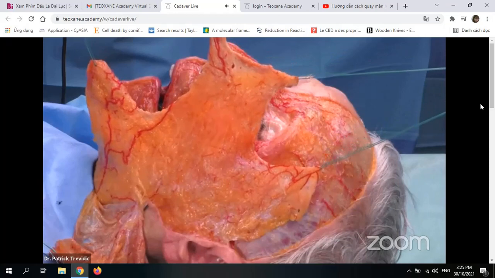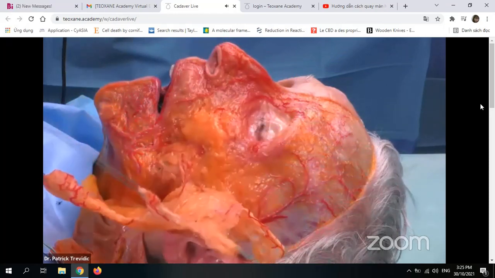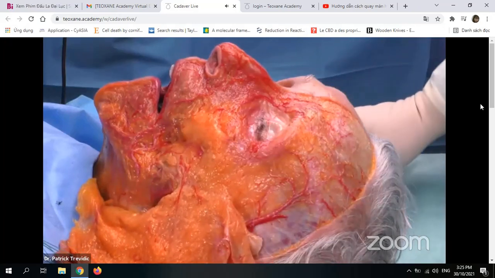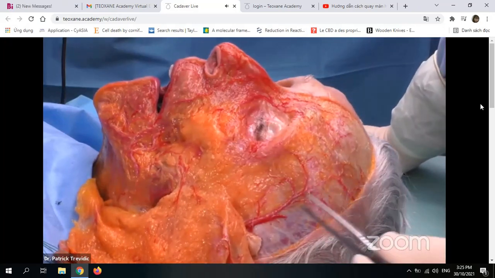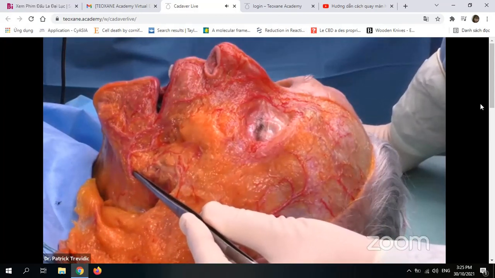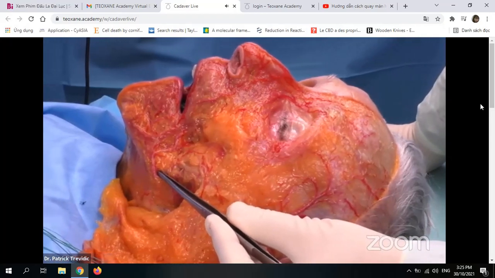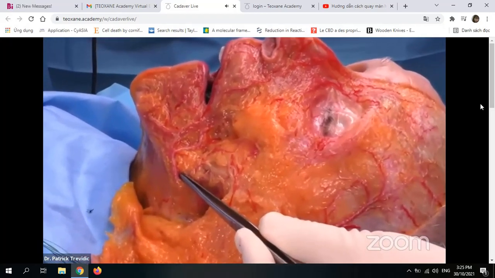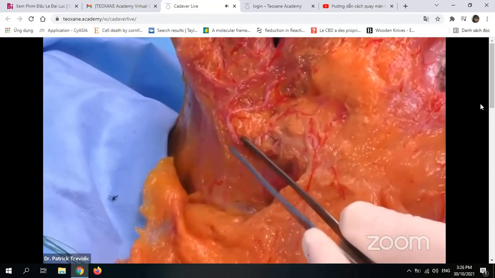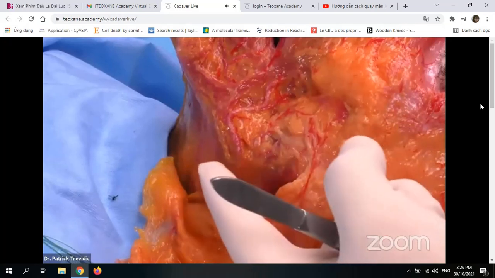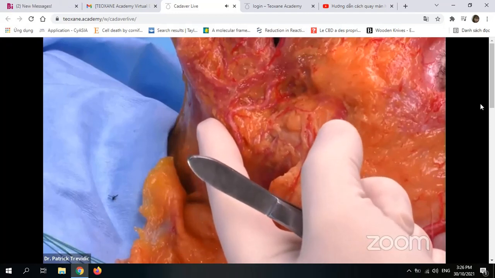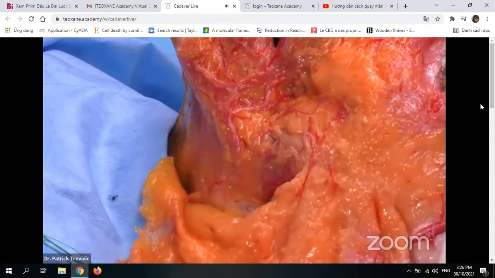So we will move the fat down just to show you now the deep layers, and I will show you the main danger of the face, that is the facial artery that you can see here. If we zoom a little bit on it, the facial artery is easily palpated here at the bottom of the mandibular line, in a small depression of the bone, and this depression is just at